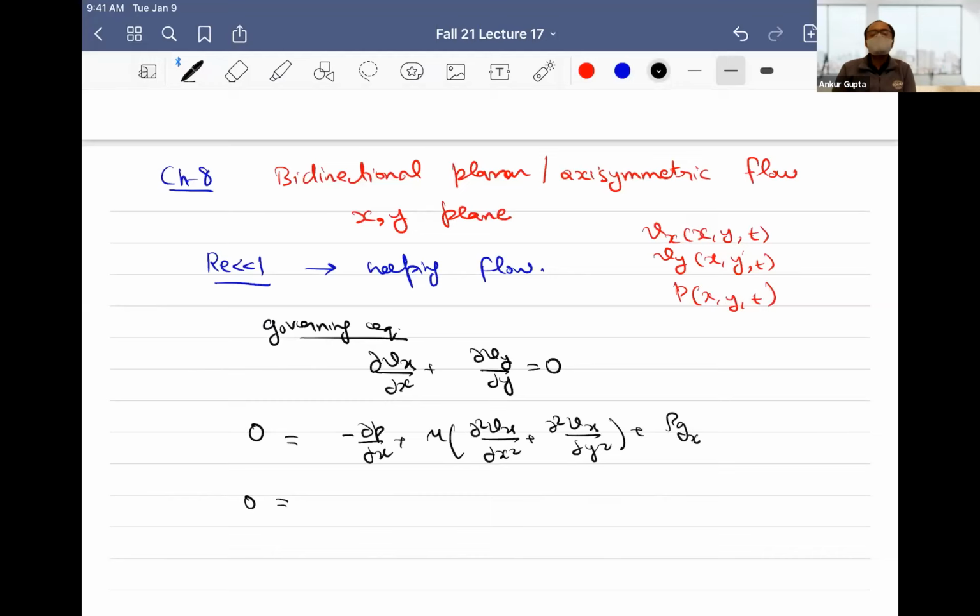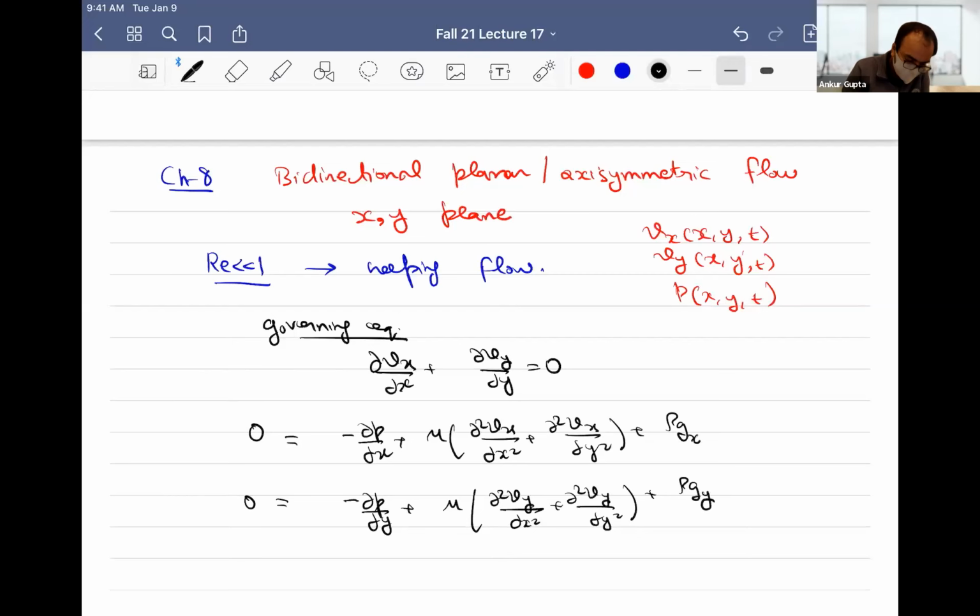So here the idea is if gravity is in the x or y direction, I'm just taking the x component, or minus del P by del y